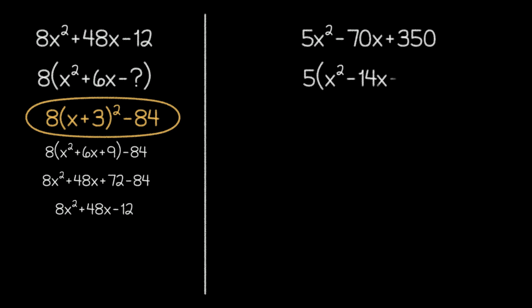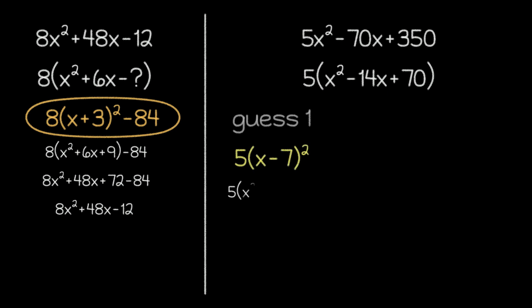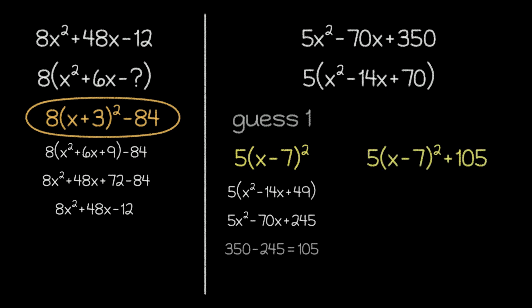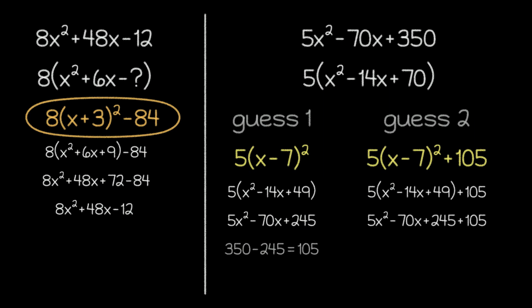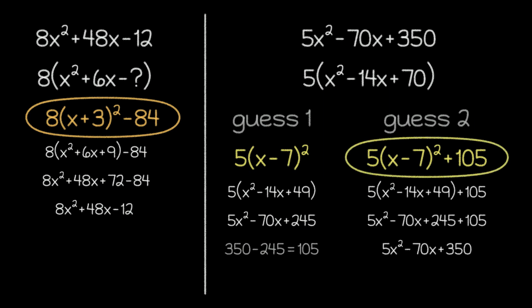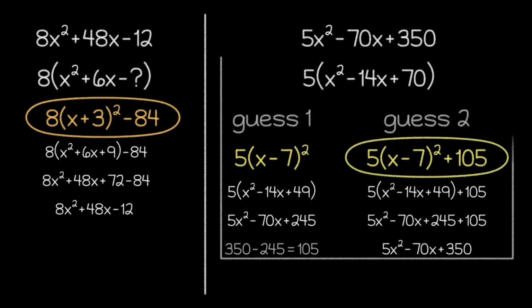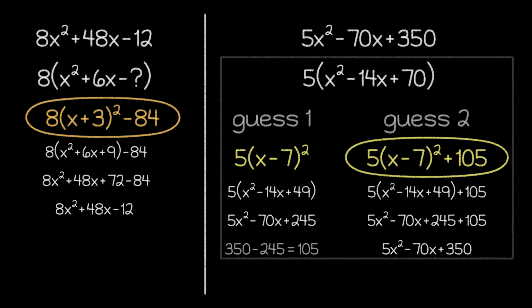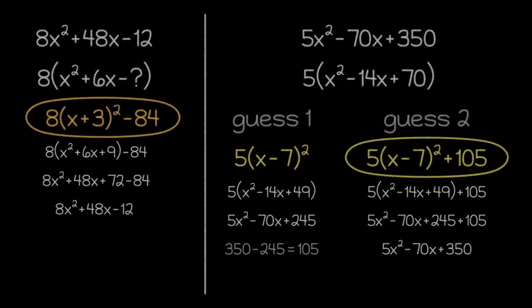If that's challenging for you to remember, it might be worth it to show your work in a different way. As we go through this next example, we'll start by labeling our first guess and simplifying that expression. Then, we'll write down our second guess and verify that it is indeed correct. By showing our work this way, we can see the process that we're following a bit more clearly.